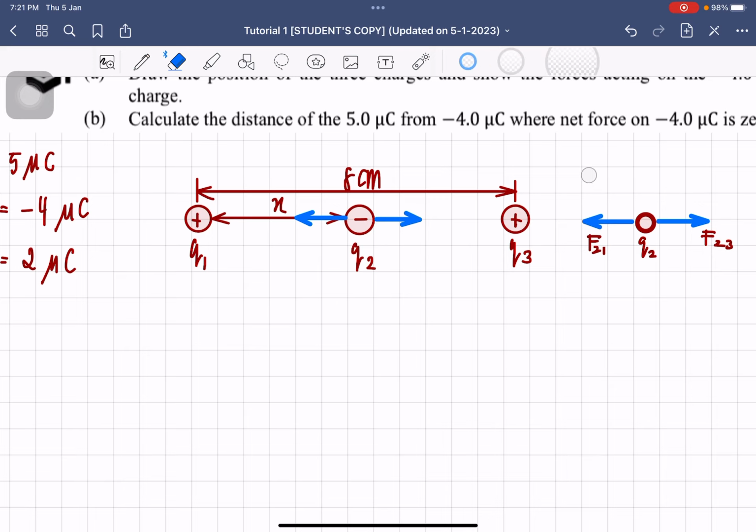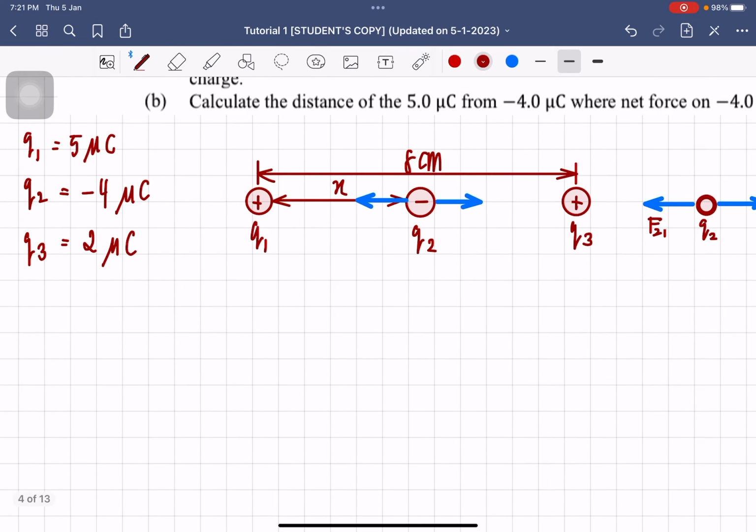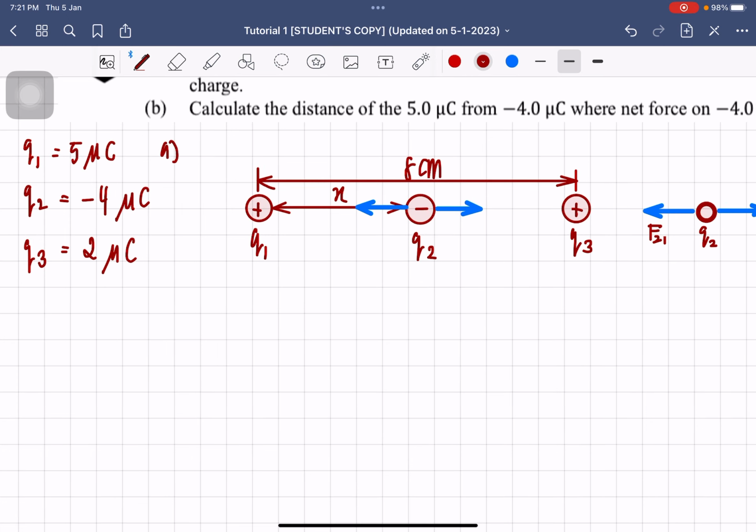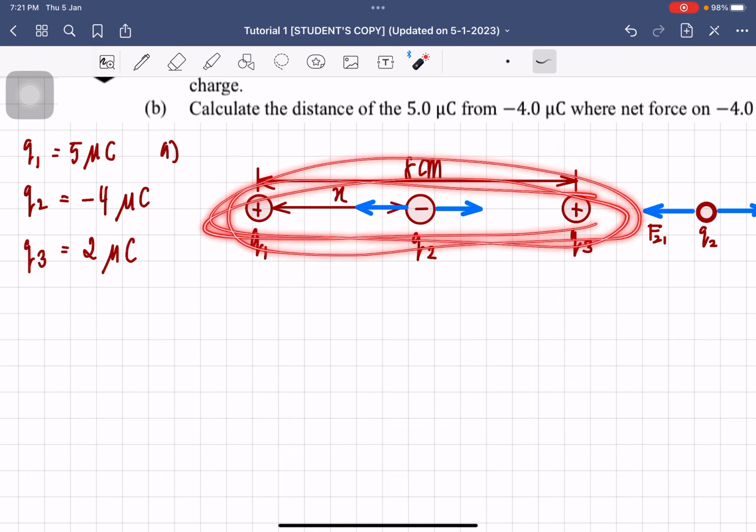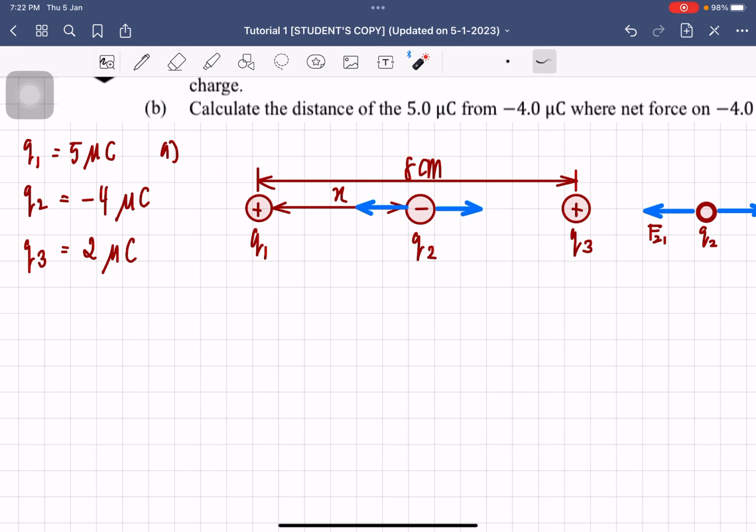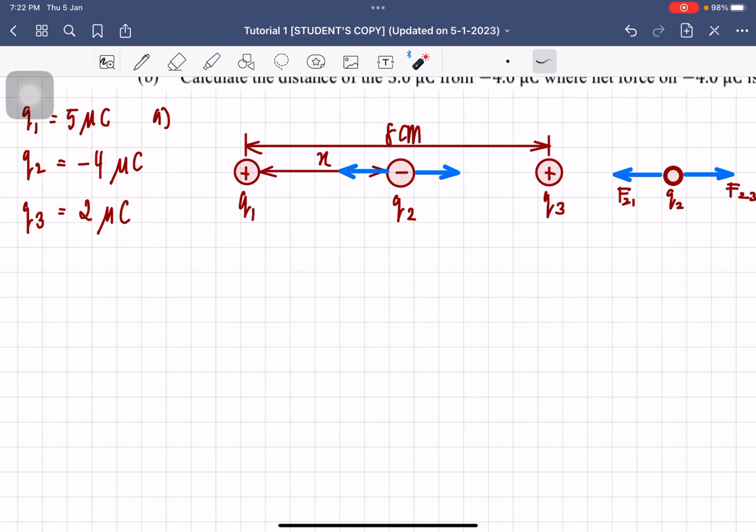Basically, the whole thing here is the solution, because the question asks you to draw the three charges and then what is being experienced by charge number 2 here. All right, so now we have to